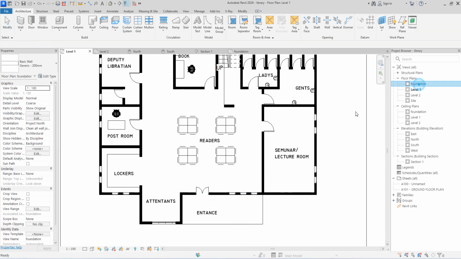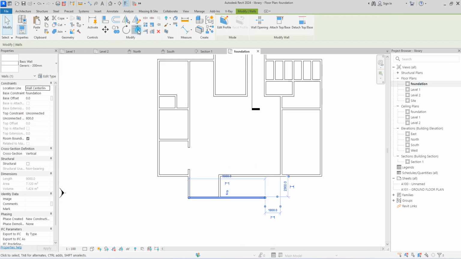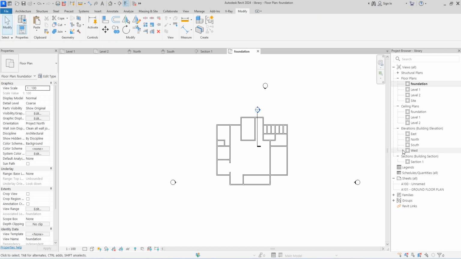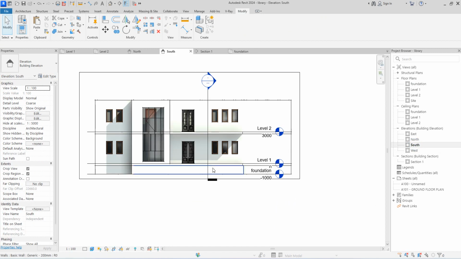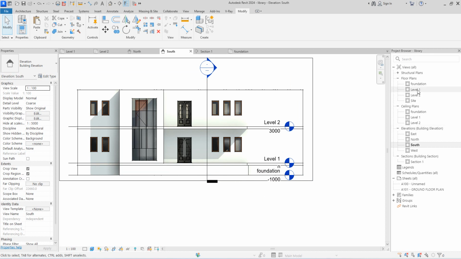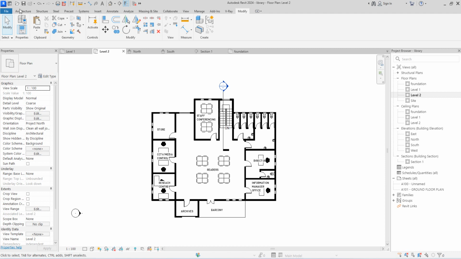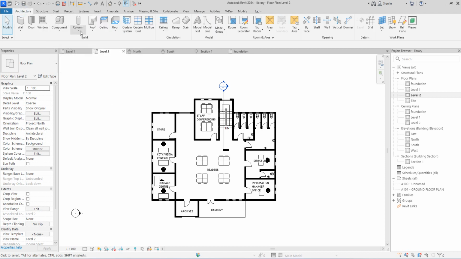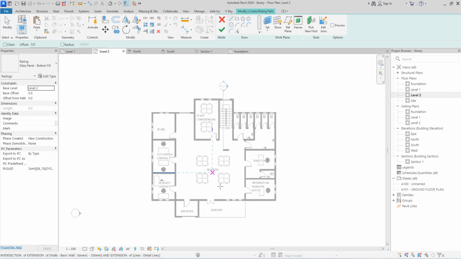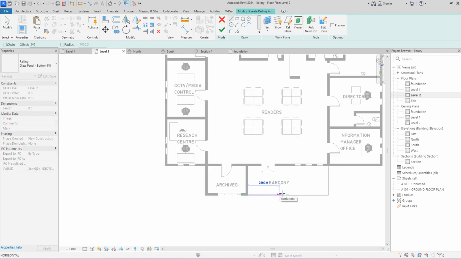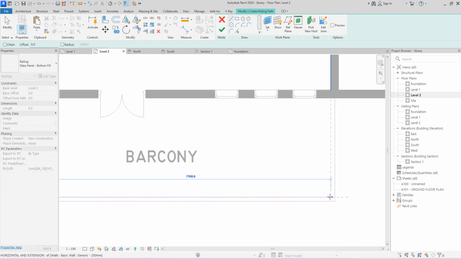So go back to the foundation, then you say align. So the align will join them together. When you go back there, that space is gone. So the first thing you need to do here now is to create the railing at the first floor. So click on the architecture, select railings. So the railing will come with the glass panel, which has always come out that I used on my whole project. So you click here